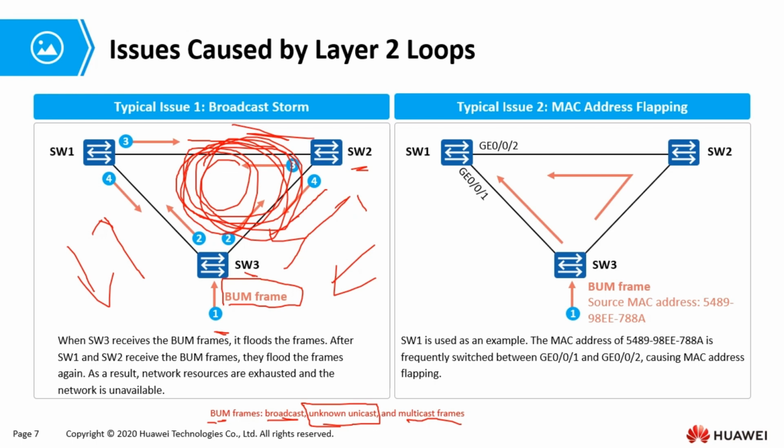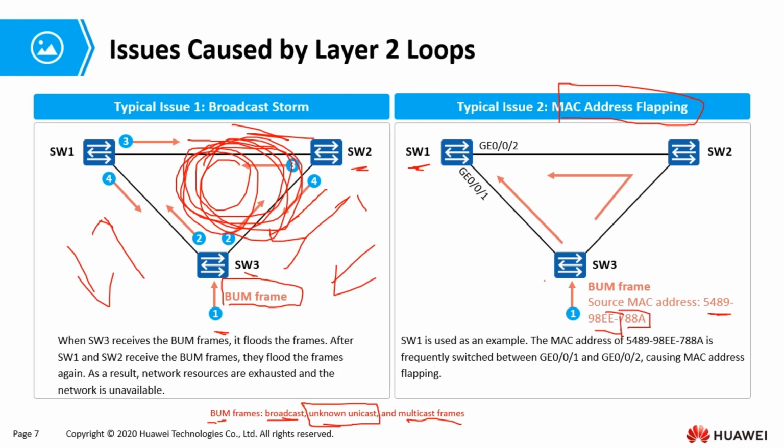So how do network engineers know that a broadcast storm has happened in the network? Most of the time it can be detected when you see your MAC address flapping. Normally, as we know, how does a switch generate its MAC address table? It is based on the source MAC address of the frames that it receives. So for example, if you are switch 1 and you are receiving frames from this source address,